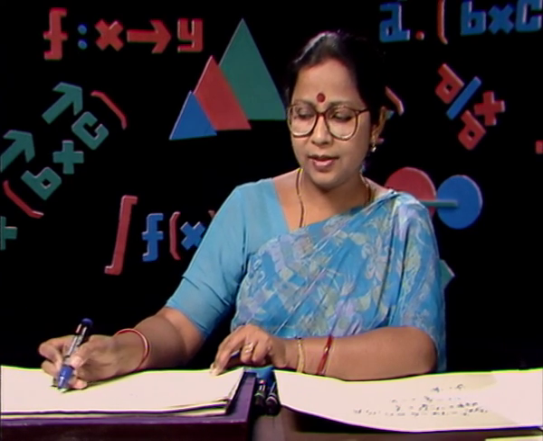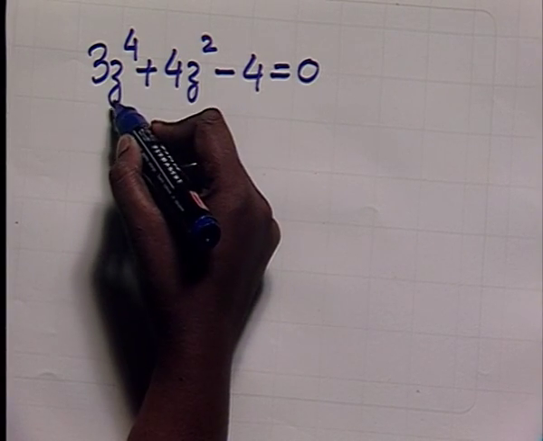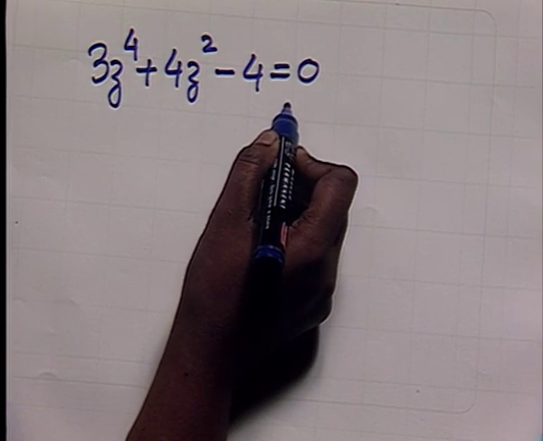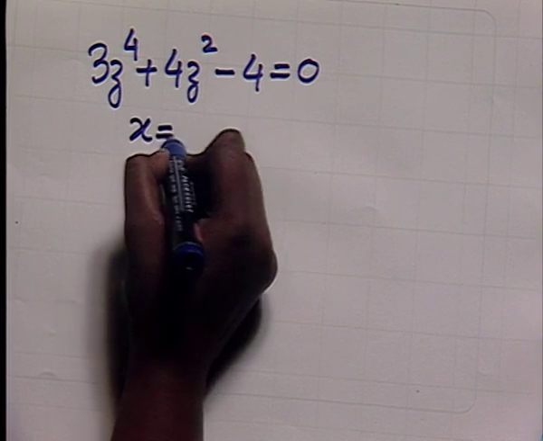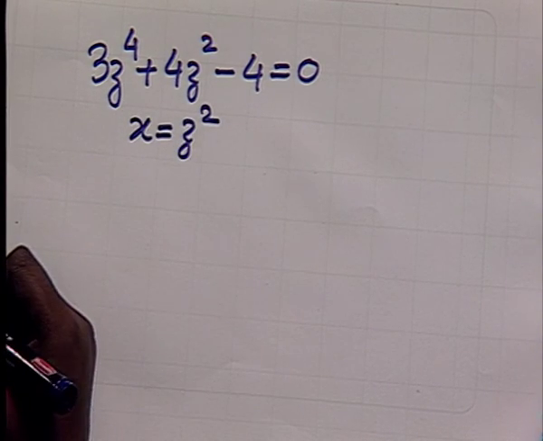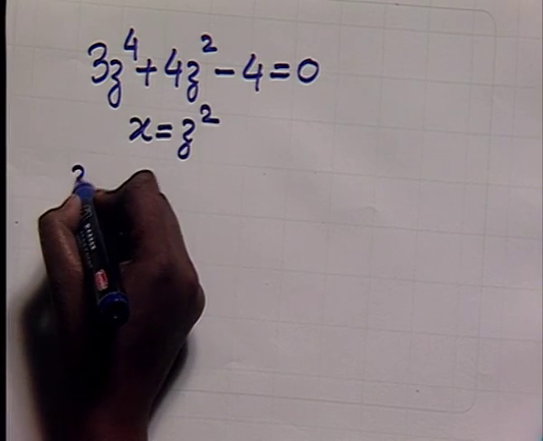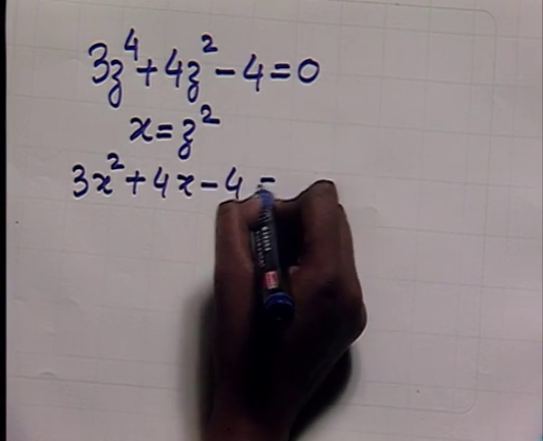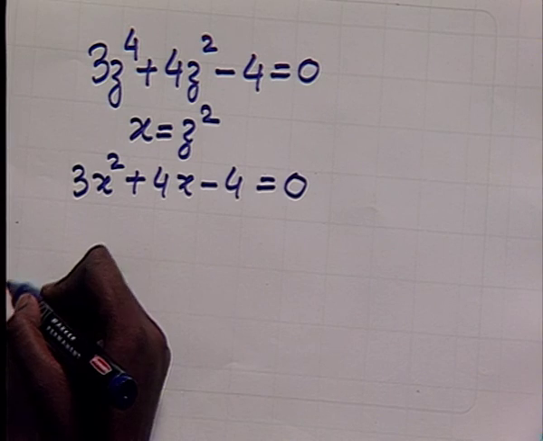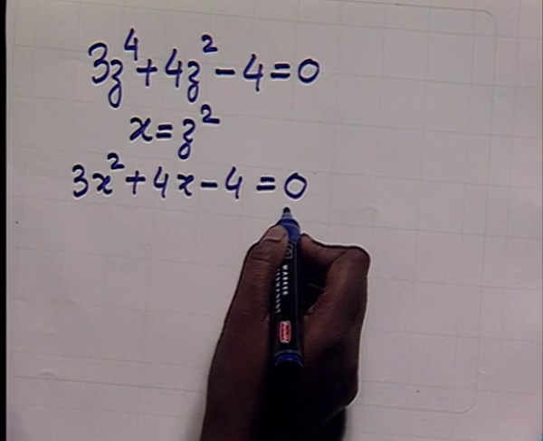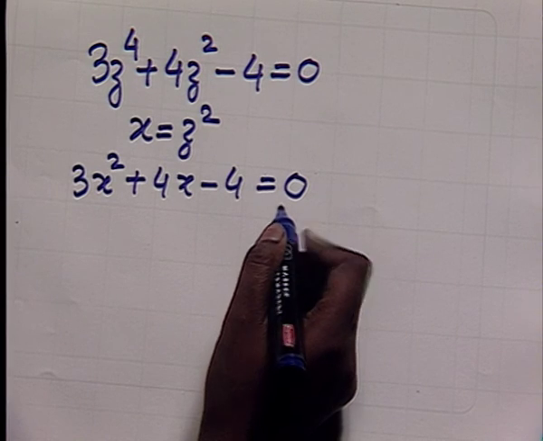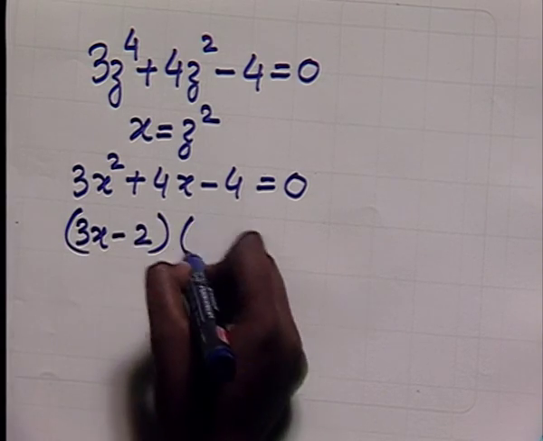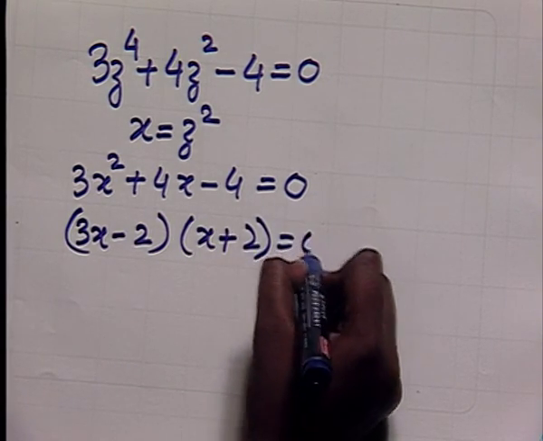Now, can we reduce this equation to quadratic form? Since the powers of z are even here, this equation can be reduced to quadratic form by the substitution x is equal to z square. So, this equation becomes 3x square plus 4x minus 4 equal to 0. Now, this equation can be factorized because this is a quadratic equation, and we know how to solve it. Factors of this equation will be 3x minus 2 into x plus 2 equal to 0,